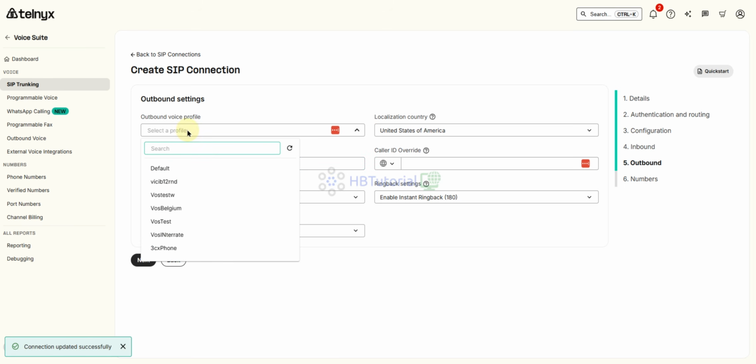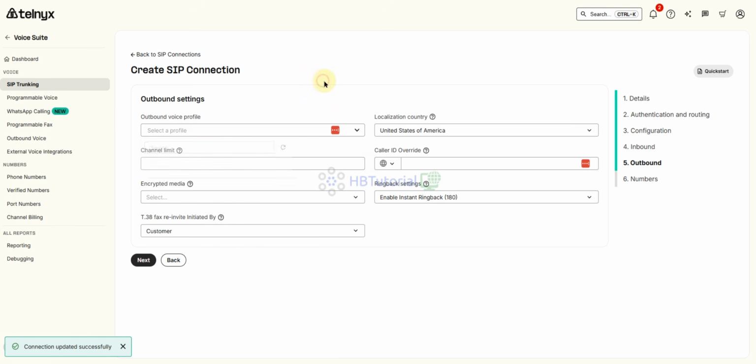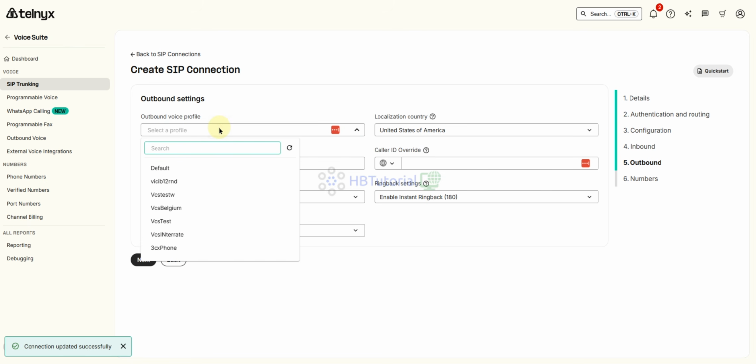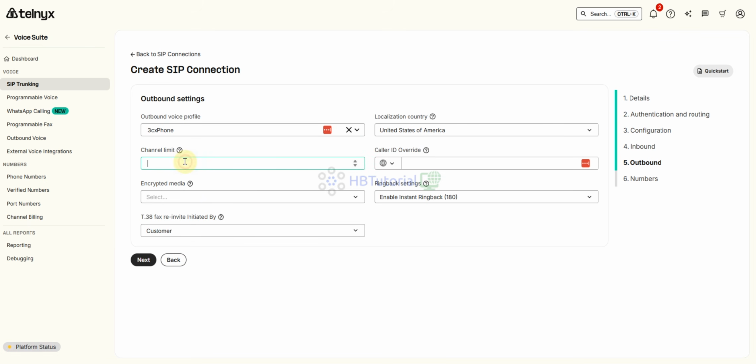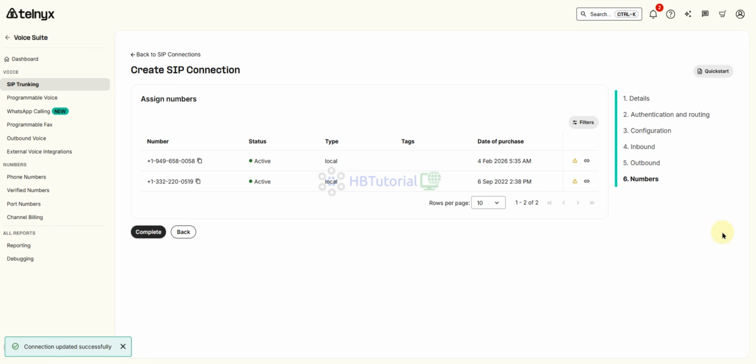Okay, profile. This one, profile, means for your outbound. I think I'm using only my 3CX phone. So that's all. Next.